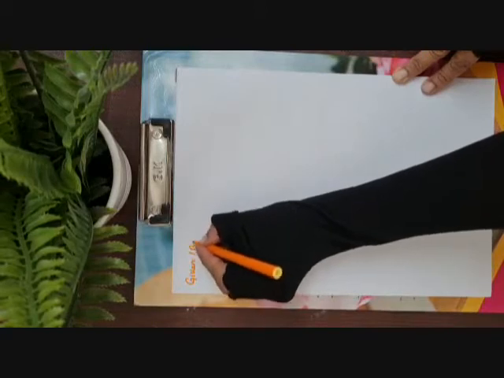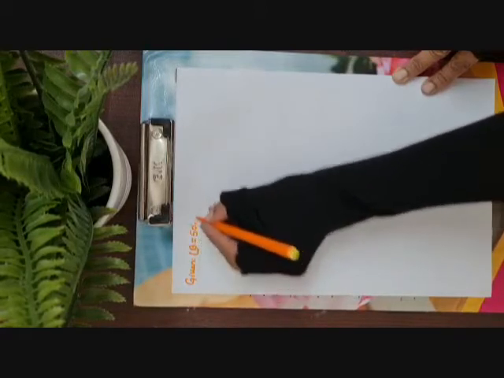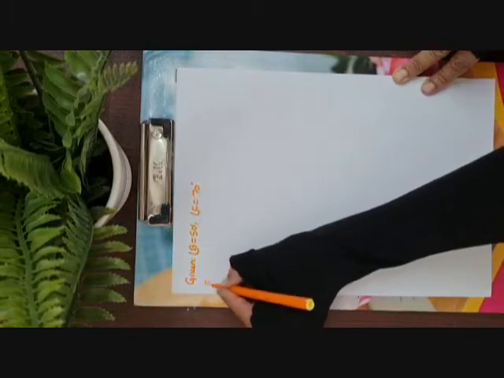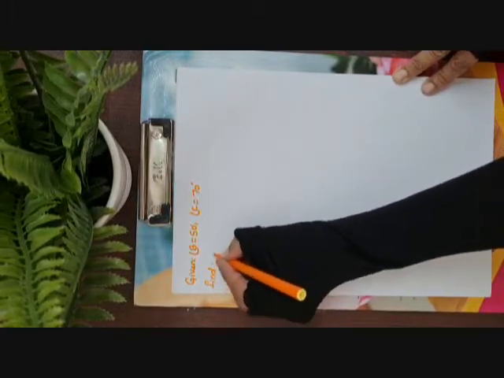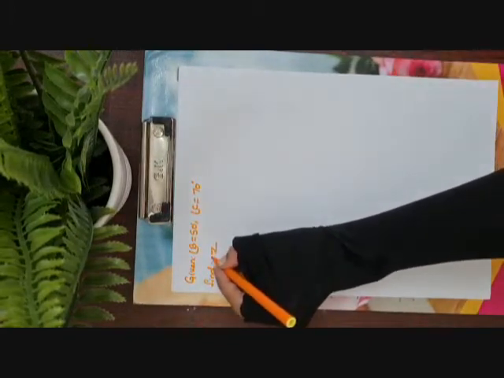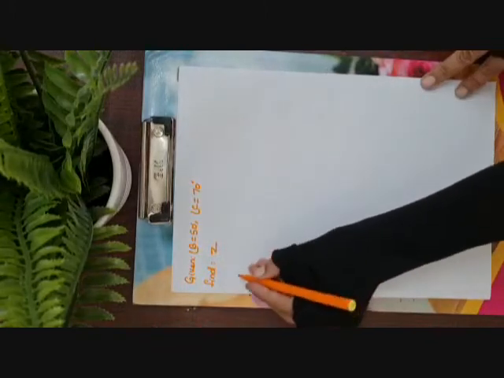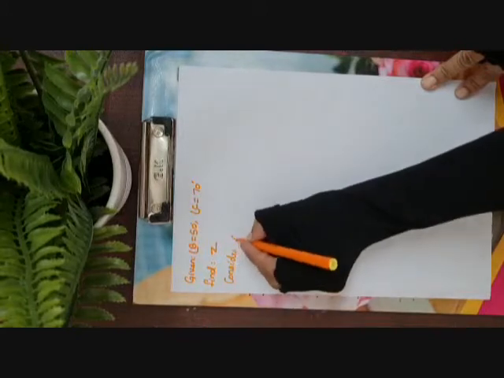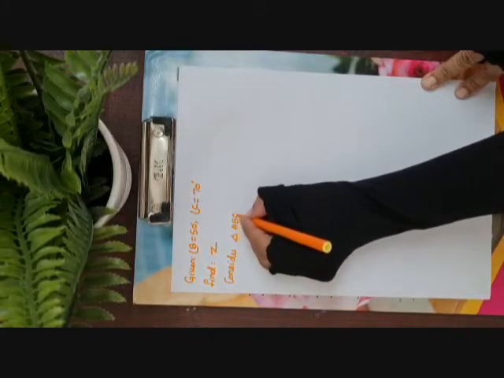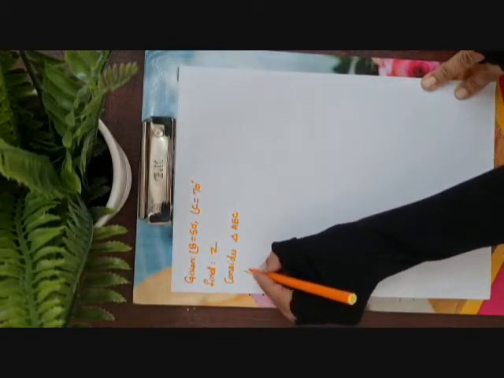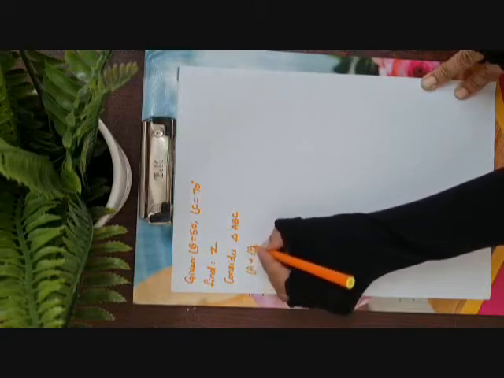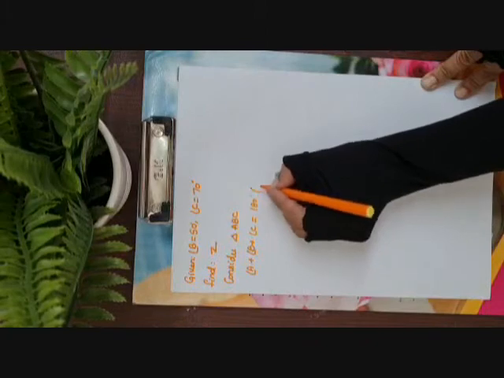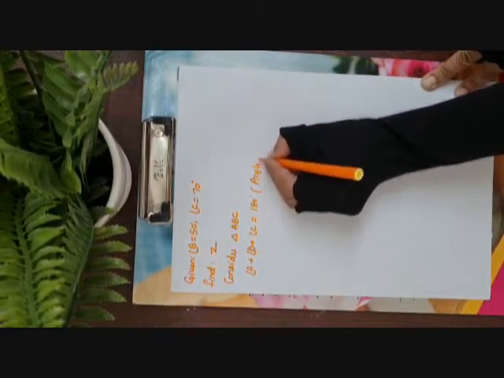Angle B is equal to 50 degrees, angle C is equal to 70 degrees, and we have to find angle Z. So let us consider triangle ABC. In this we have three angles, angle A plus angle B plus angle C is equal to 180 degrees, and the reason is angle sum property.